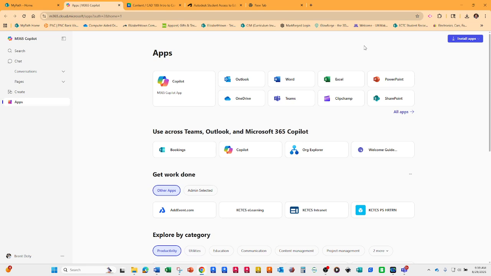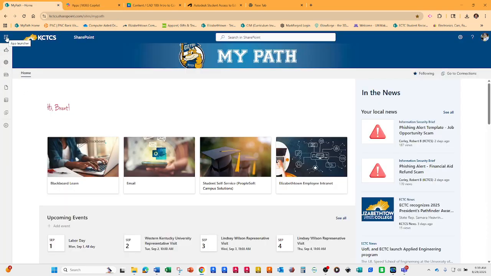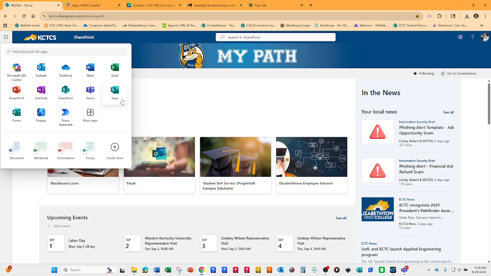And you can put it on more than one computer, apparently, because I've done it. And apparently it still remembers some of the ones that I don't have anymore. So I had to do a little work on that. But anyway, you probably only have one. So there you go. You can install it. All right. And that's off of MyPath. Click on the waffle. Go down here to more apps. And it'll work. The Word Online does not have everything that you need to do the assignments for Word, so go ahead and download the app.